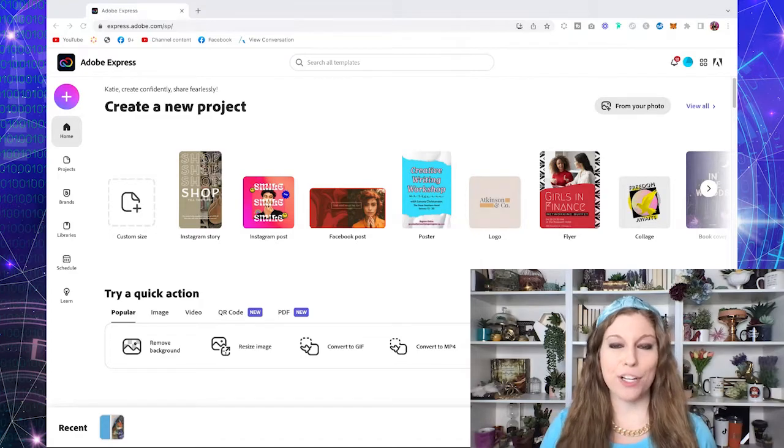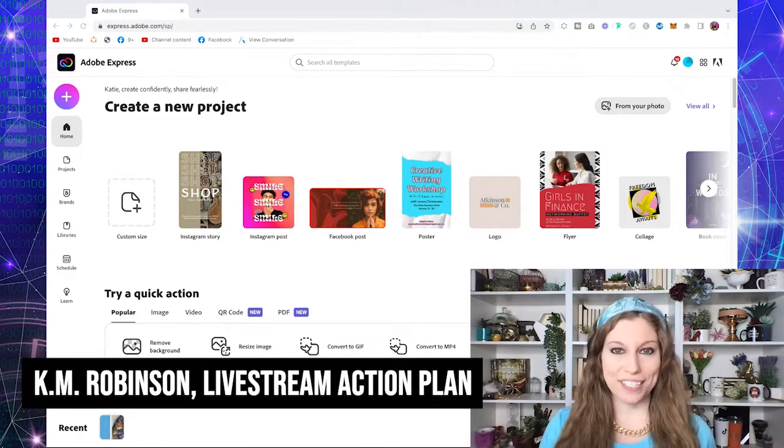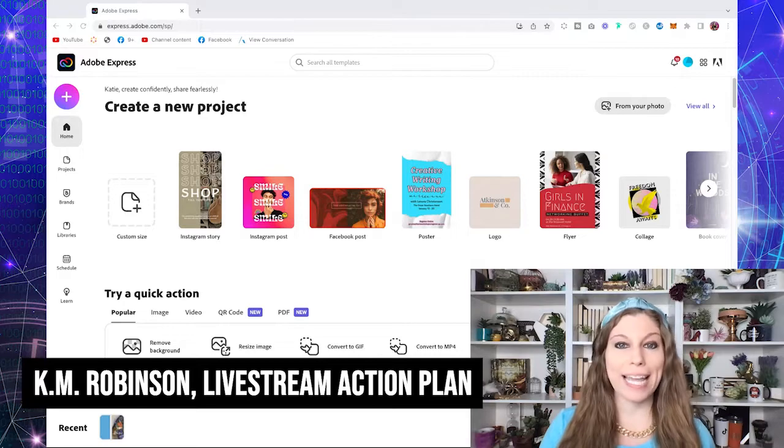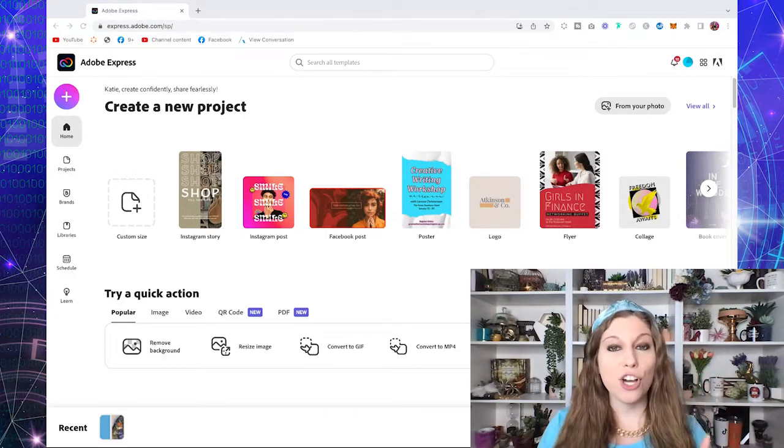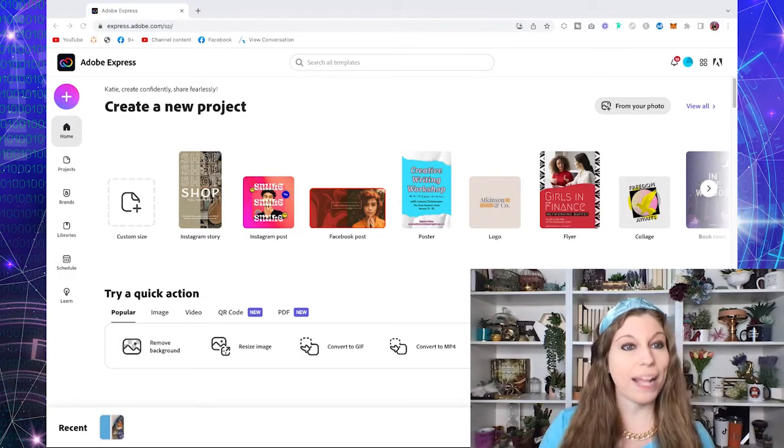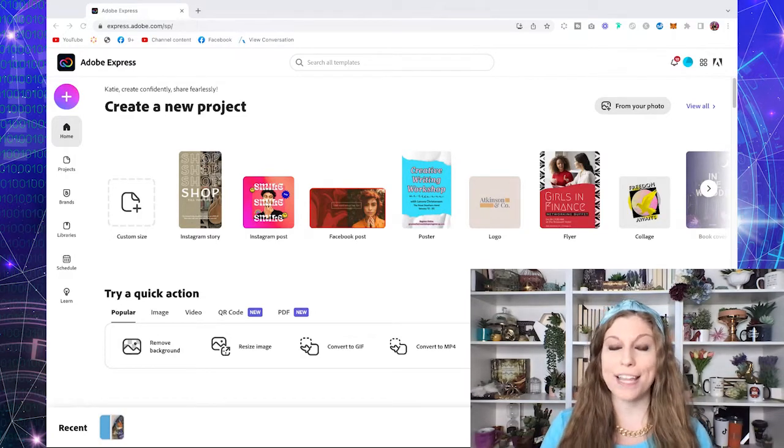If you're like the rest of the community, you probably want to schedule your LinkedIn posts so that you don't have to do it manually in the moment inside of the LinkedIn ecosystem. And for a long time, I struggled to find a platform that would do this on my behalf. But good news, Adobe now has Adobe Express, which allows you to not only create content, but schedule it for